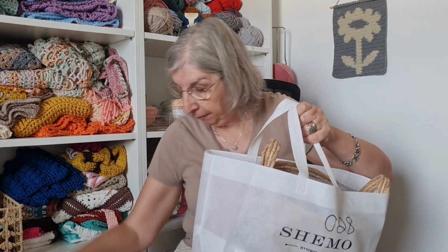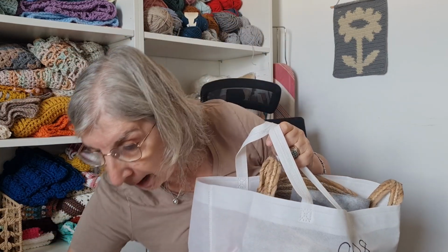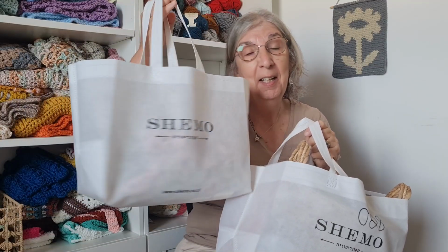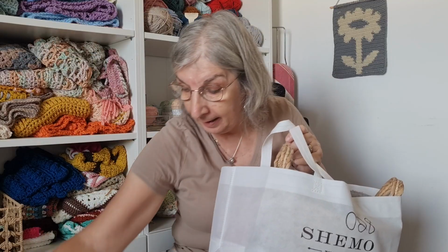My crochet bag is actually a few crochet bags. I have a few of the same bags. I'll tell you the story behind the bags. These bags say Shemo. It's a very good Israeli